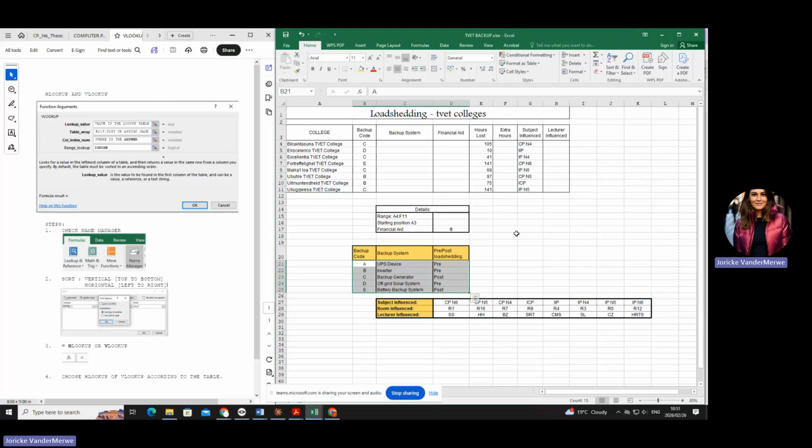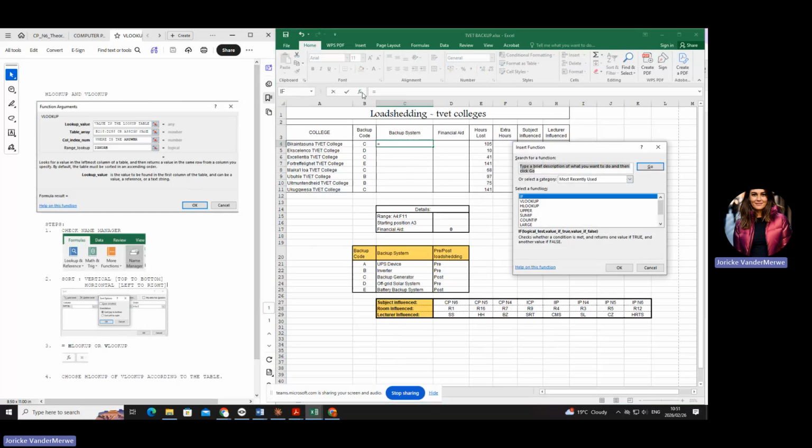Okay? We'll do the other one next. So this is step 2. Then step 3, after you've done step 1 and 2, is to go to your column and start your equation or your function with an equal sign. Are you with me? And then you press FX. So you go to FX and you choose which one.